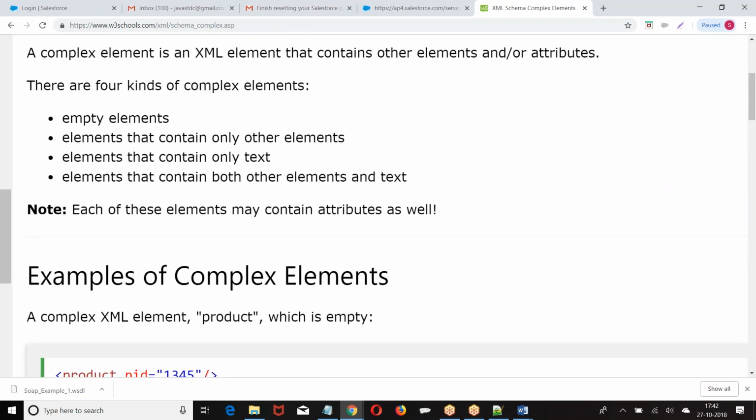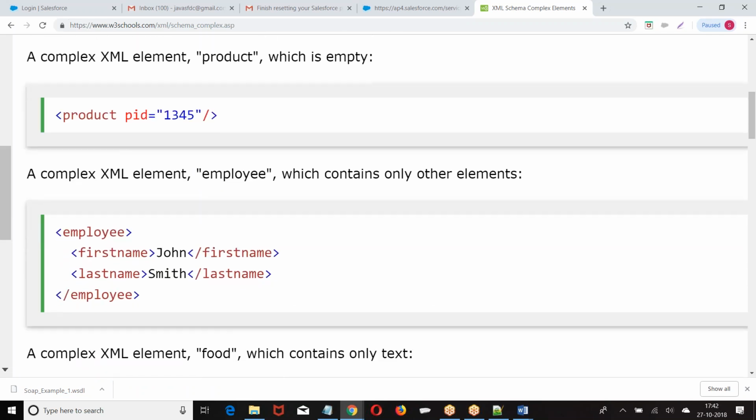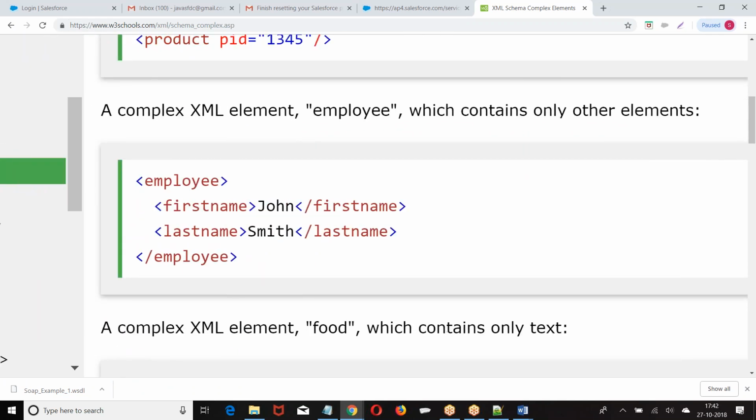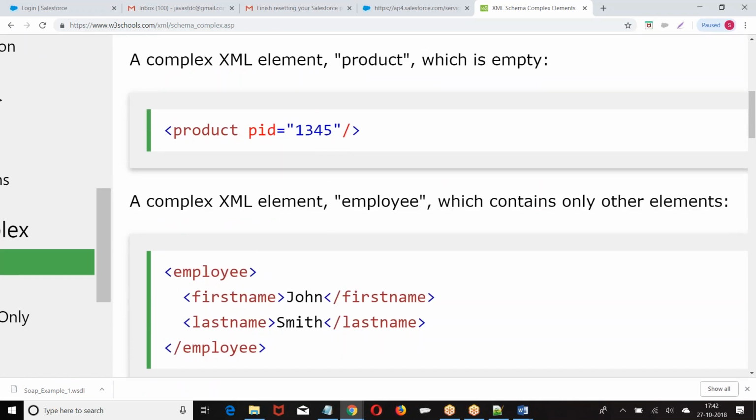In the complex element, what we have? Empty elements, elements that contain only other elements, elements that contain only text, and elements that contain both other elements and text. Okay. Now look at this.